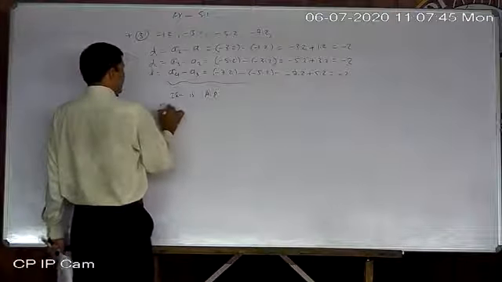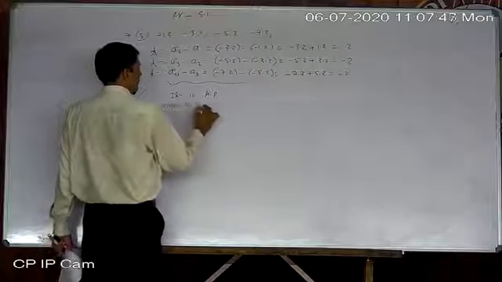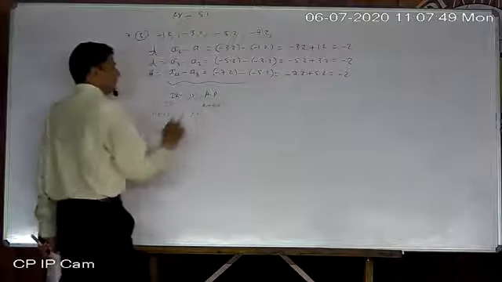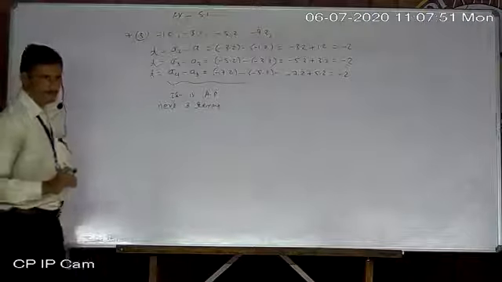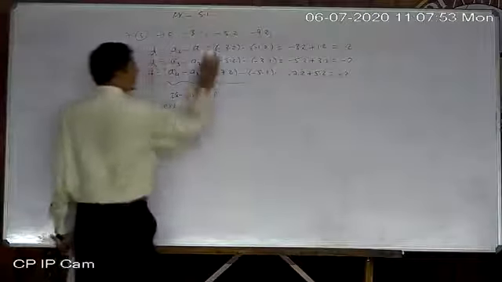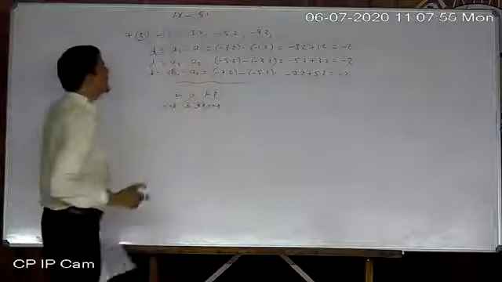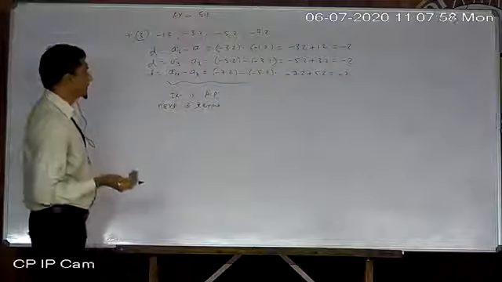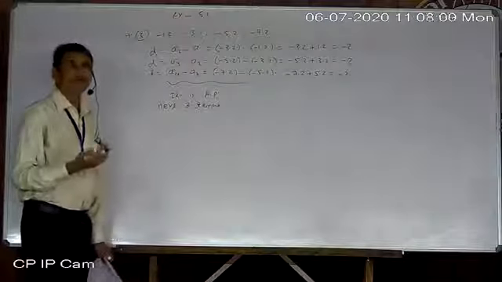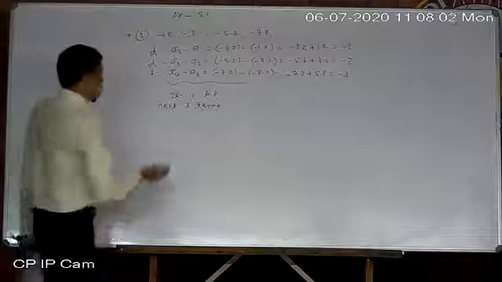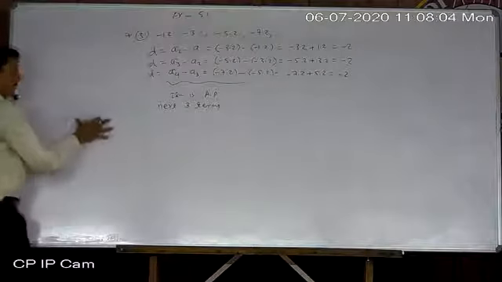Now next three terms. Suppose I cannot write down orally. Then how to find? Actually you can write here minus 7.2, then minus 9.2, minus 11.2, minus 13.2. Otherwise you have to write this way. In rough work I am doing that.